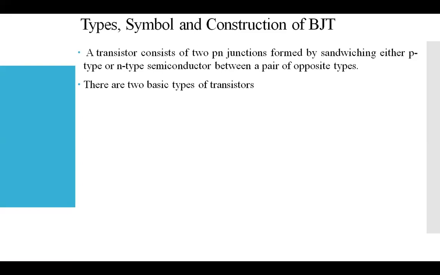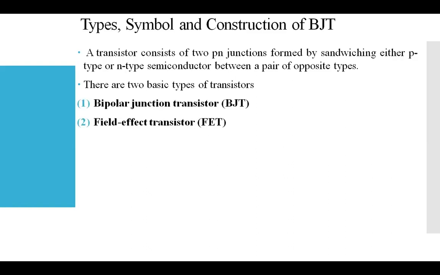This is just an advanced version of the junction diode. Now we have a sandwich structure of P type or N type semiconductor material, paired based on the structure combination. There are two basic types of transistor: the bipolar junction transistor and the field effect transistor. In the BJT we have a further classification that I'm going to show you also. But these are commonly used basic transistor structures today, the BJT and FET, bipolar junction transistor and field effect transistor.